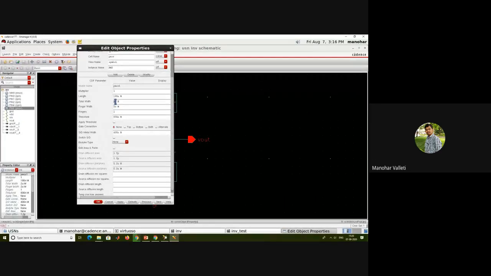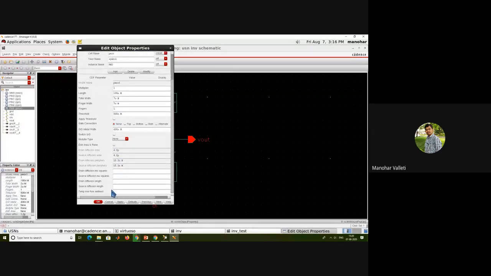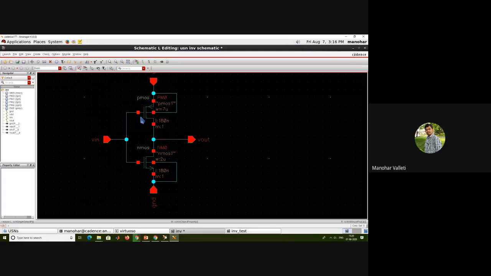But for good output, I am considering that as 7. So total width of my PMOS will be 7 micro.